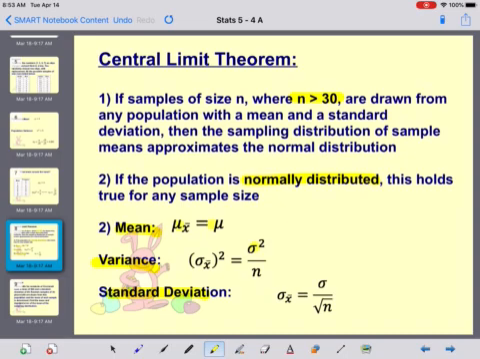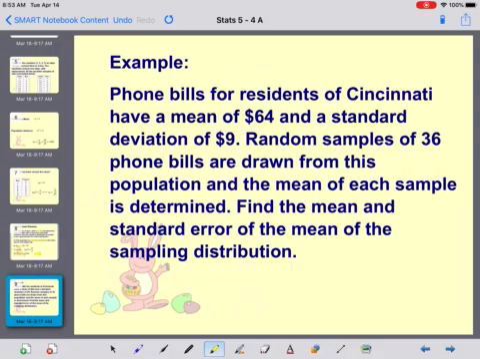Variance is baby sigma squared, because that's your variance, divided by n. Standard deviation is the same as the standard error, which is what we just talked about: baby sigma divided by the square root of n. Okay,